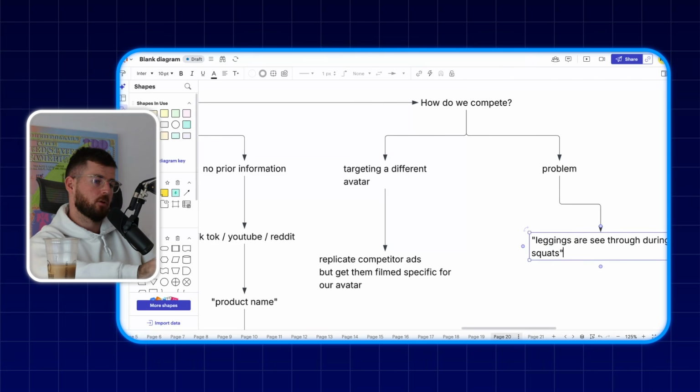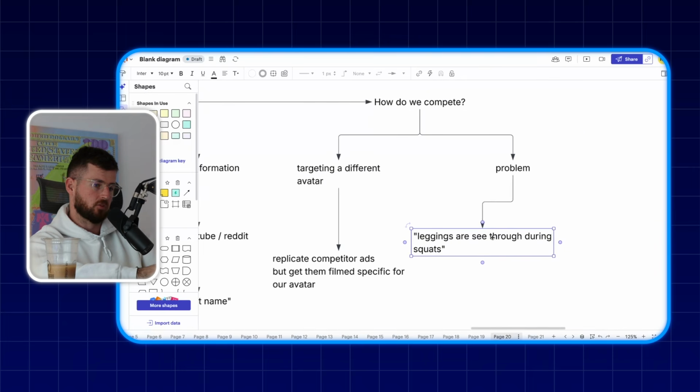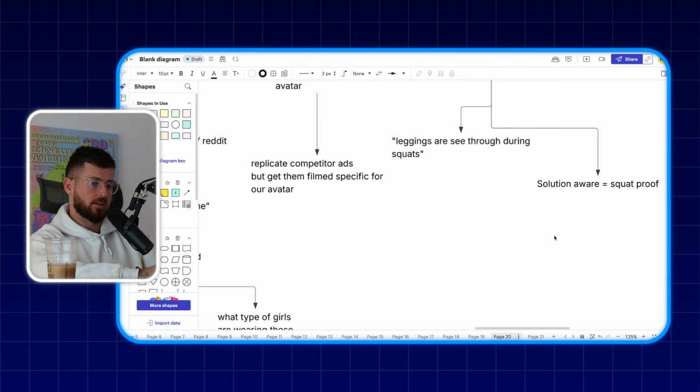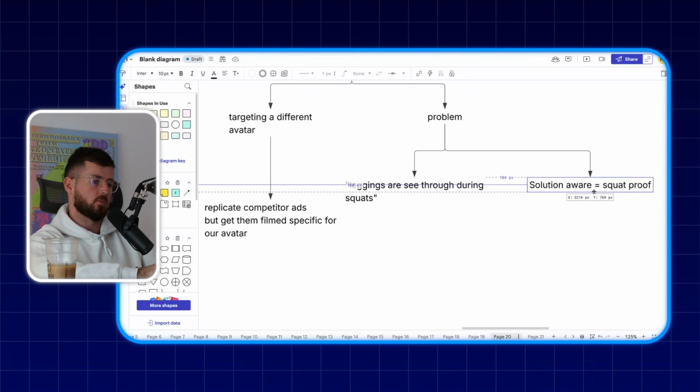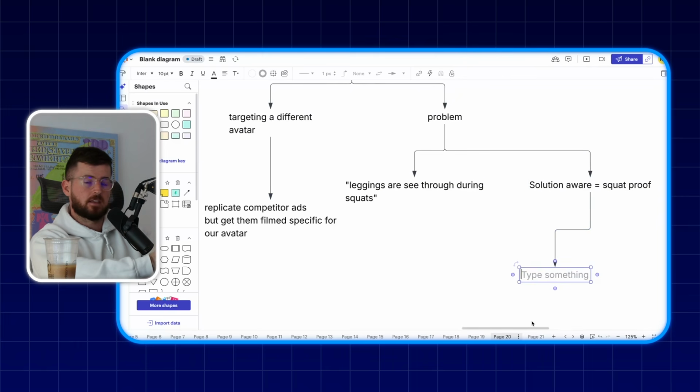Due to that, most girls just basically call it the squat test and squat proof. So I really wouldn't even market it as problem aware. I would just be more solution aware, squat proof. Okay. And then from there, it's like, okay, so if they're having issues with squat proof and stuff like that,